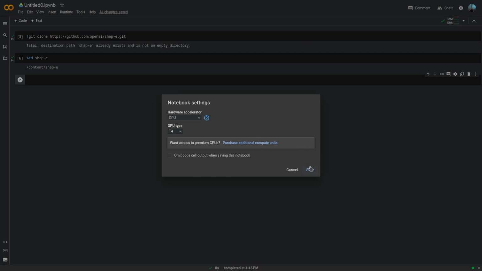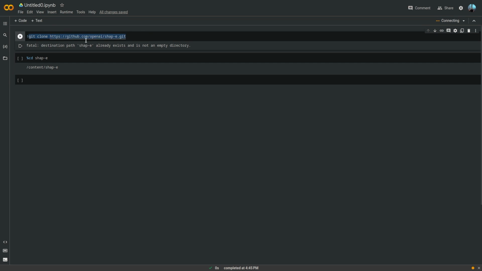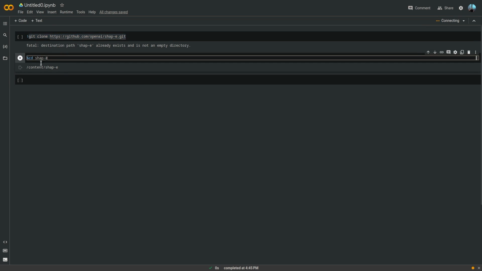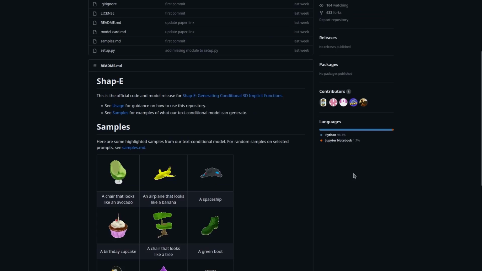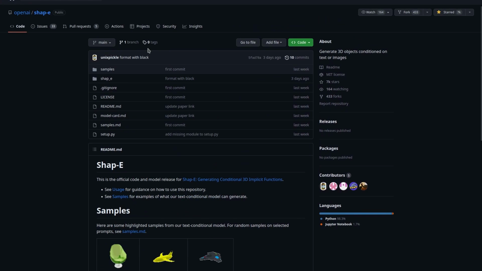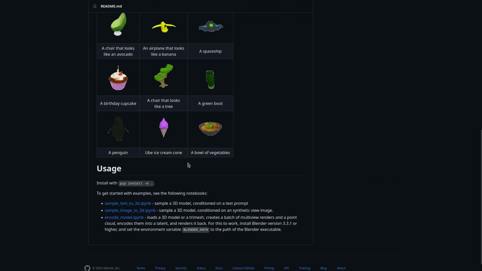It's pretty cool. So to start, you need to clone the repo and get inside the folder, which is what I'm doing here. Then you open the Shap-E GitHub page and go to the usage. Right here they have three examples of how to use the model.